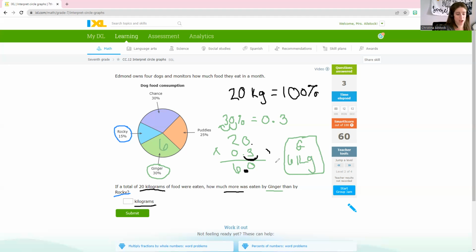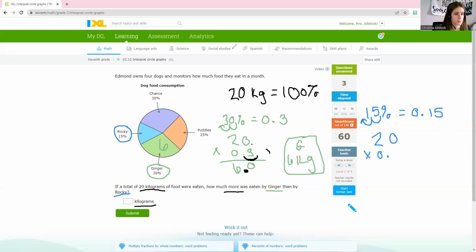But we want to know for our final answer here, not how much did Ginger eat, but we want to know how much more Ginger ate than Rocky. So we also need to figure out how much Rocky ate. So we have Rocky over here eating 15% of the food. So once again, we're going to do the same thing. Whenever we take percent of a number, we move that decimal point 2 places to the left, giving us 0.15. And then we multiply that by whatever we're dealing with. So 20 kilograms times